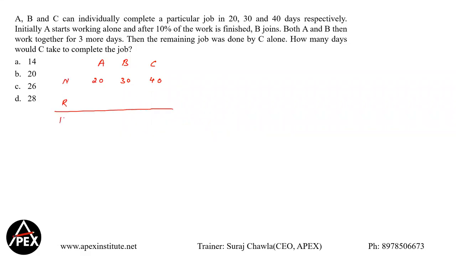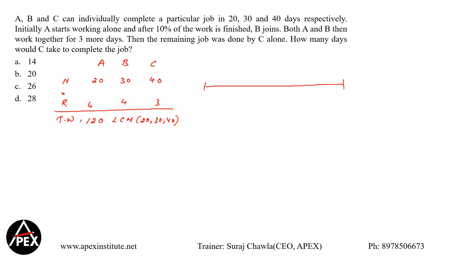If you go into the standardized form method that we discussed in the concept classes, let me assume my total work as the LCM of 20, 30, and 40. That's going to be how much, guys? That's going to be 120. So take 120, and the efficiencies become 6, 4, and 3. Now let's go to the number time lock here.